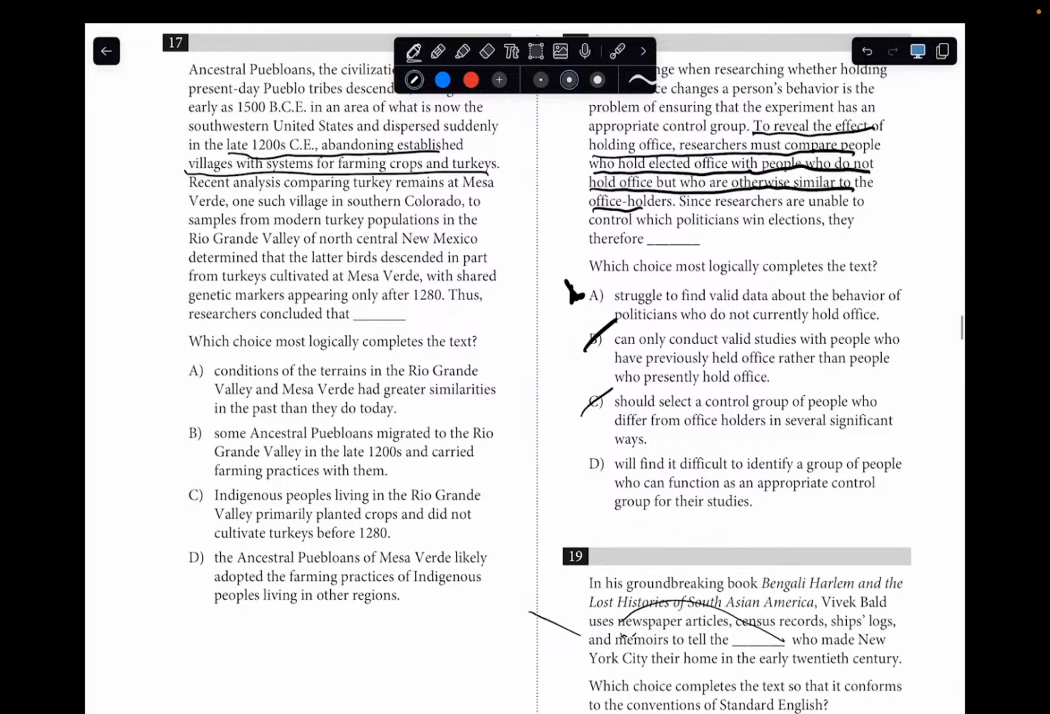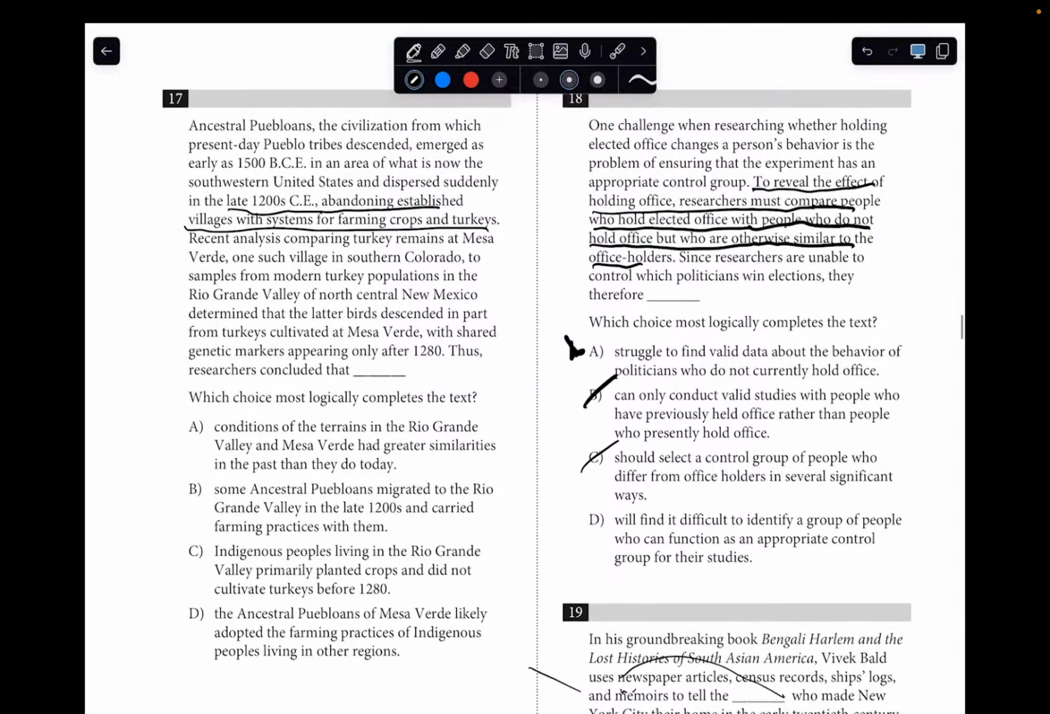I don't see that contrast reference in the passage. Or D, will find it difficult to identify a group of people who can function as an appropriate control group for other studies. I think that really fits with the rest of the passage because they're saying research, they kind of frame it as a challenge. And they present this problem saying that